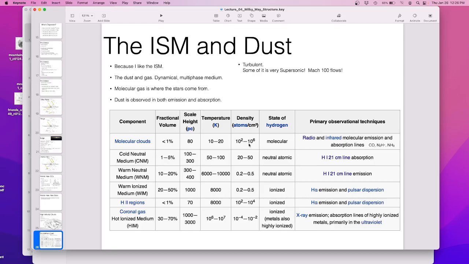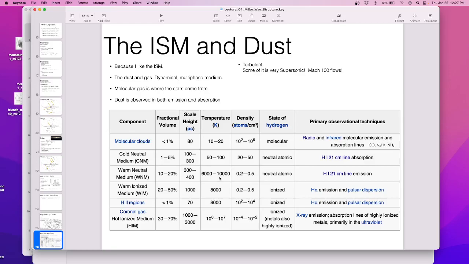I don't know if that's actually a true statement, because I think that stars can form not in molecular clouds, but they don't usually. Less dense and higher temperature: the cold neutral medium is like 100 Kelvin, and it's a little bit less dense. There's not as much of it. The warm neutral medium is then